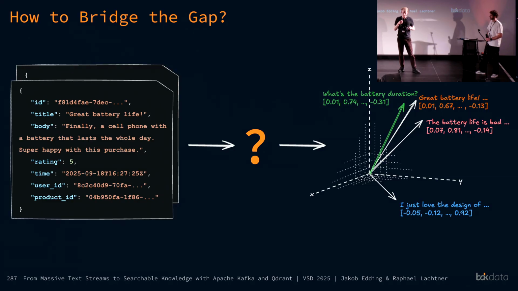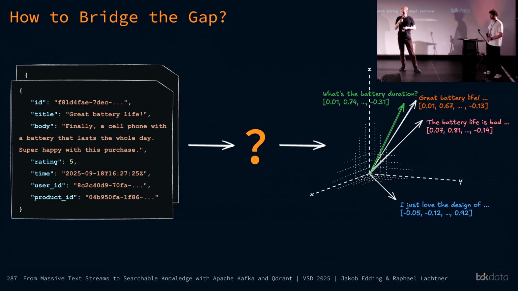to make this semantically searchable with Qdrant, so that when a user comes with a query, for example here in green, what's the battery duration for my new phone, then we can surface the relevant reviews for that query. And now if you look at that, there's quite the gap between this review document on the left with multiple relevant text fields, so we want to search the title and the body, and on the right side you see that you need to have appropriate embeddings for these texts stored in Qdrant so that you can